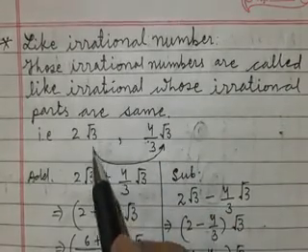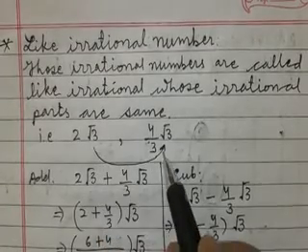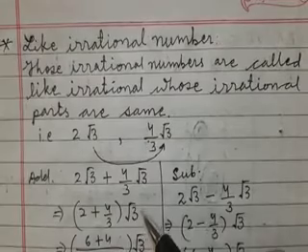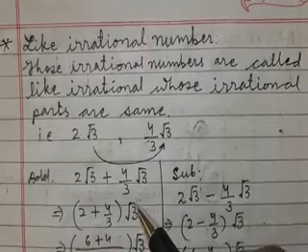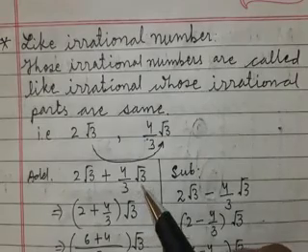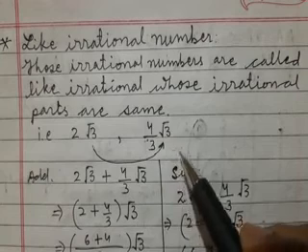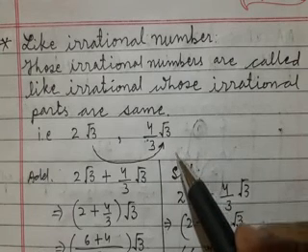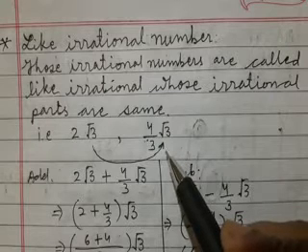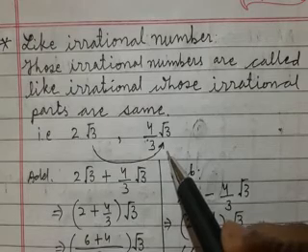Now you compare the irrational part of these two. So here you see root 3 and root 3. So here irrational parts are same. So wherever irrational parts are same, such irrational numbers are known as like irrational number. This is important to know because we can add and subtract only like irrational numbers.